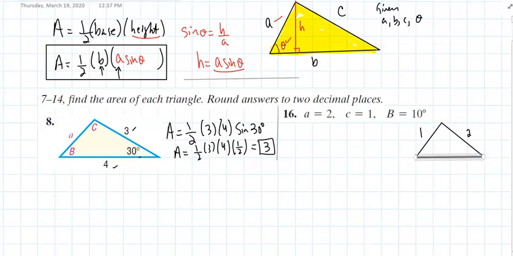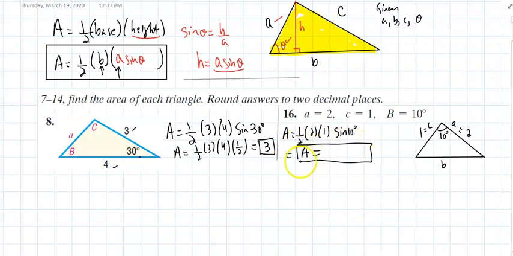What matters is for you to see that if this is A and this is C, then B is the remaining side. The only thing that matters is that 10 is between 1 and 2. That's really what matters. And by knowing that, you know the area is 1/2 the first side times the second side times the sine of 10 degrees. And if I throw this in my calculator, round to 2 decimals, the area of this triangle would be,